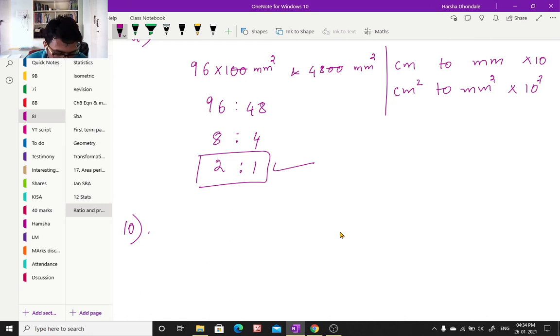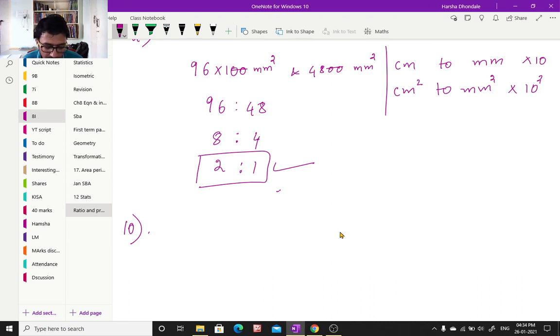10th one. Okay, students in primary school voted for whether they wanted a blue school uniform or a red school uniform. The result was a ratio of 12 is to 5 in favor of blue, which means that 12 children voted for blue versus 5 who voted for red. That's what you have to understand. So first understand the question carefully. 180 children voted for a blue uniform. How many children voted altogether?